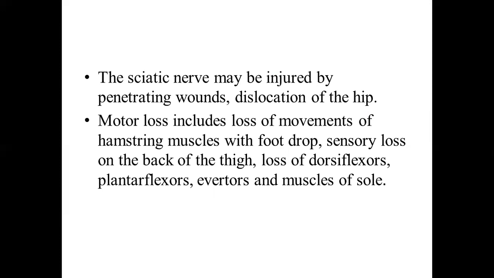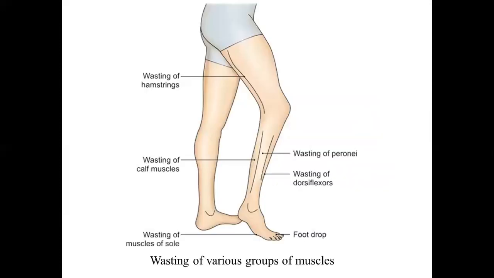So any injury along the distribution of the nerve will cause injury to the muscles too, which are supplied by that nerve. And this sciatic nerve is a very important nerve on the back of the thigh and in the gluteal region, because this nerve will supply the whole of the posterior compartment of the lower limb. So here you can see, if there is injury at this level, then there will be paralysis of hamstring, all the muscles which are supplied by the sciatic nerve and its components till the sole. Injury to the common peroneal component will cause foot drop.